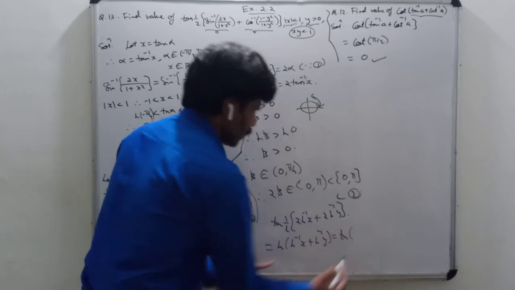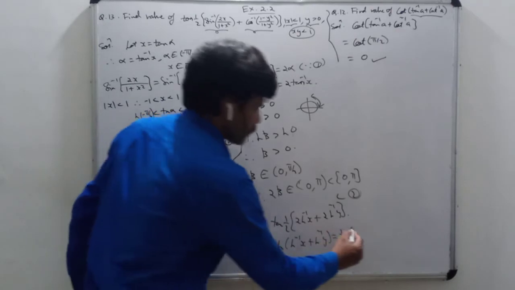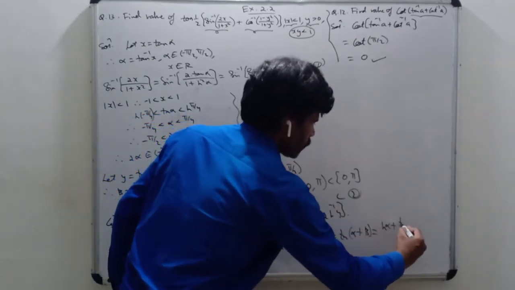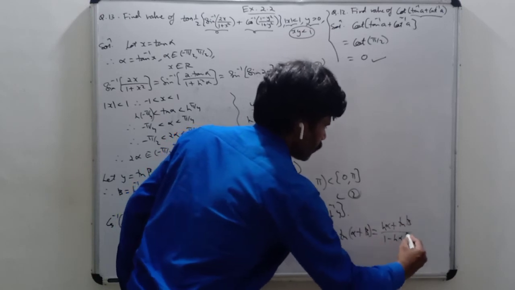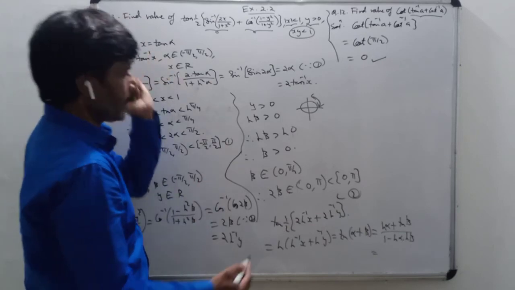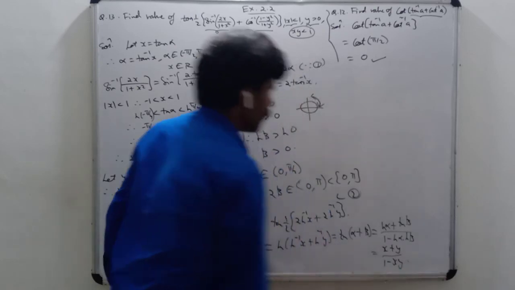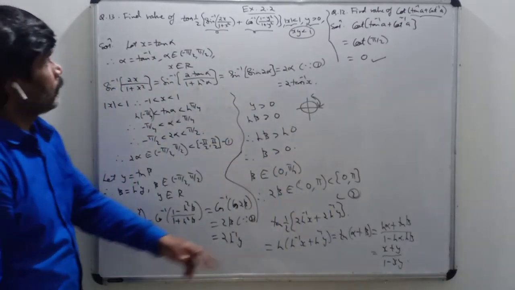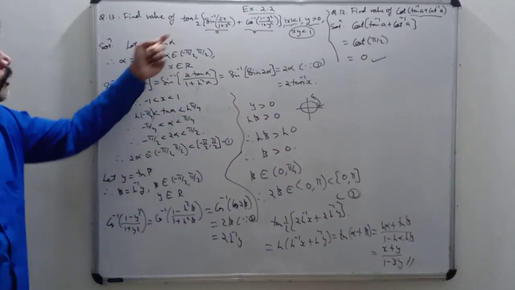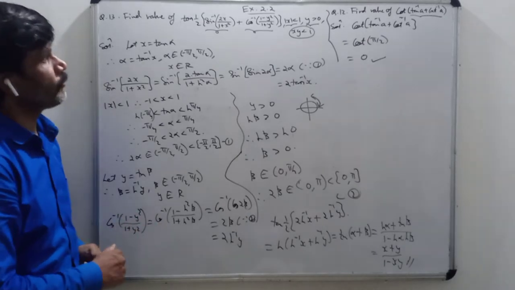That is equal to tan of, what is tan inverse of x? Alpha. Plus tan inverse of y is what? Beta. So tan of alpha plus beta is tan alpha plus tan beta upon 1 minus tan alpha into tan beta. That is good. What is the value of tan alpha? Again x. We have to convert in the form of x and y. So x plus y upon 1 minus xy. So this is the value, x plus y upon 1 minus xy, of tan of half into the bracket sine inverse of 2x upon 1 plus x square plus cos inverse of 1 minus y square upon 1 plus y square.